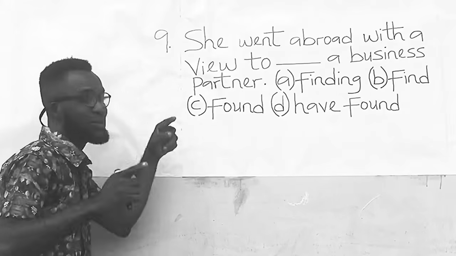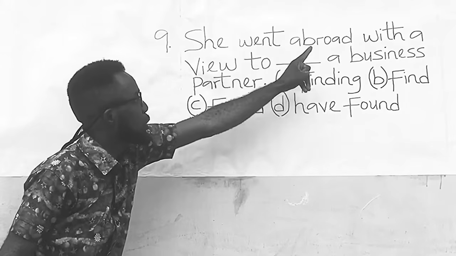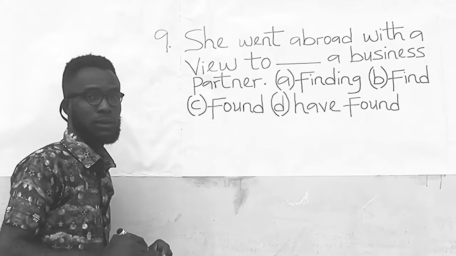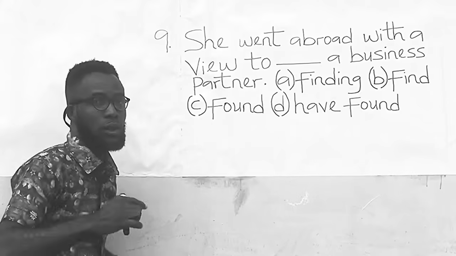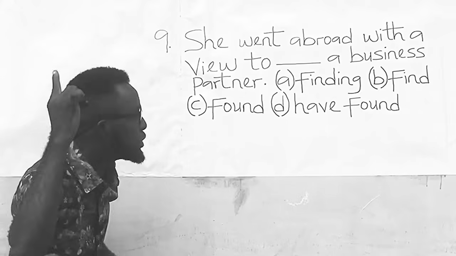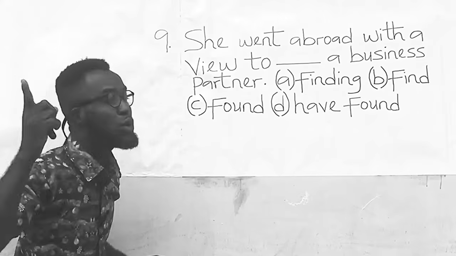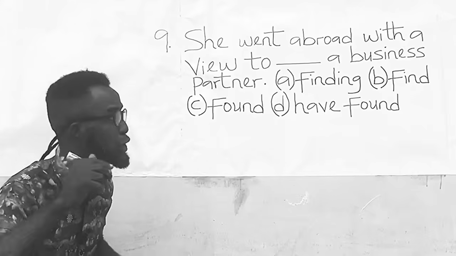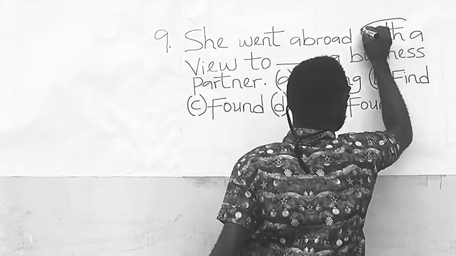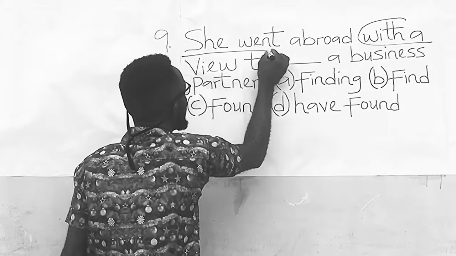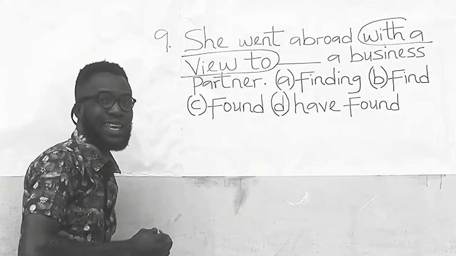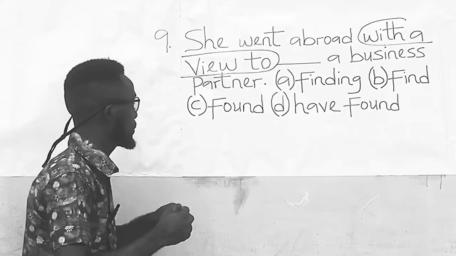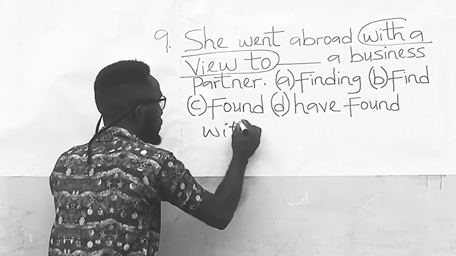Question number 9. It reads, "She went abroad with a view to dash a business partner." Option A, finding. Option B, find. Option C, found. And option D, have found. If you look at this question, you will find out that it contains the phrase "with a view to". In case you don't know, whenever a question contains the phrase "with a view to",